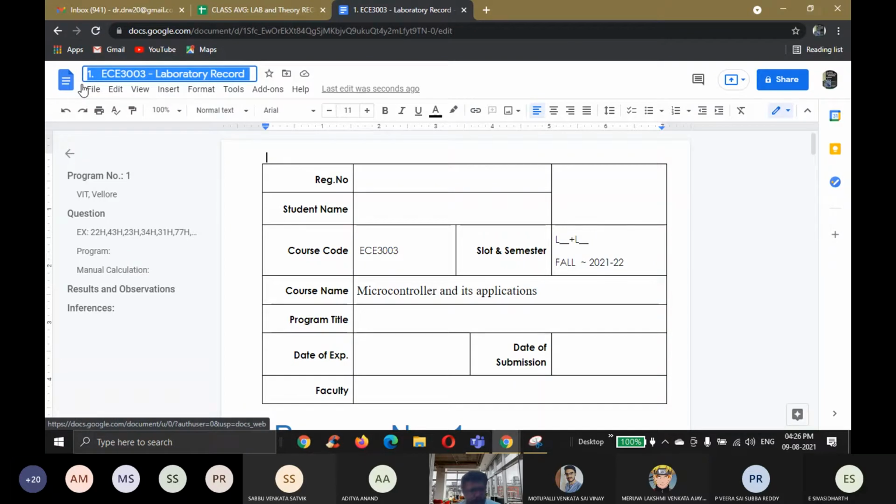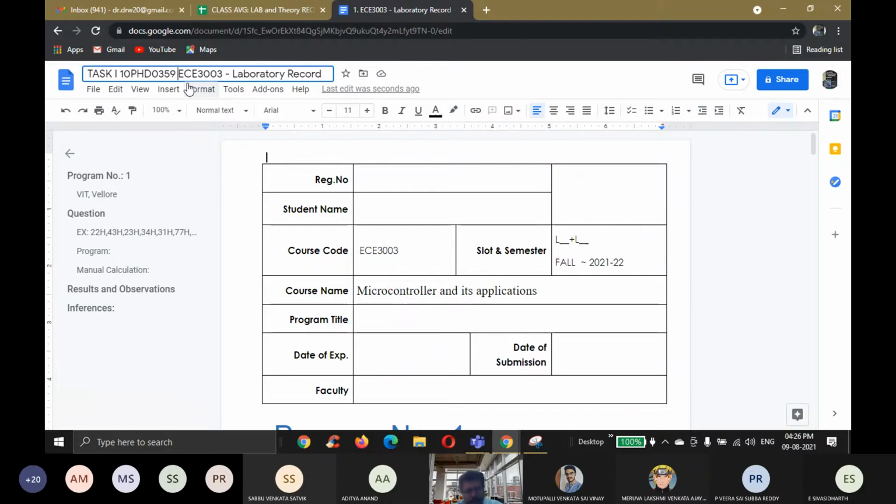That is the lab record I have given. Before that, you mention your registration number. Everything you enter. For your reference, I am entering for task 1, 10PHT0359, like your registration number.